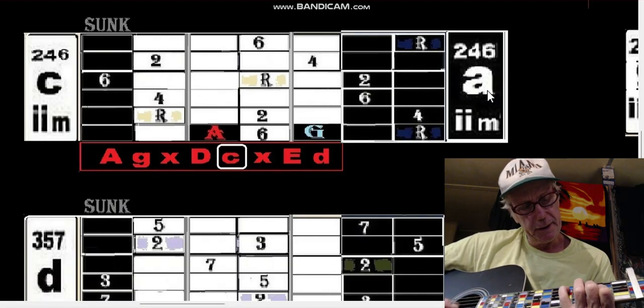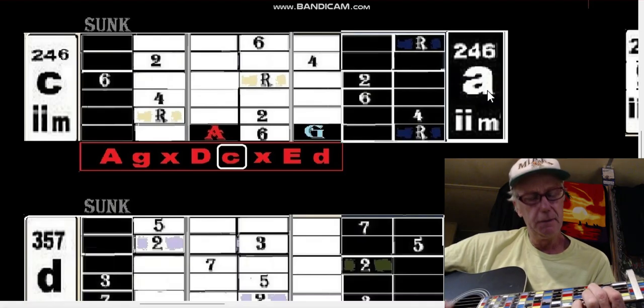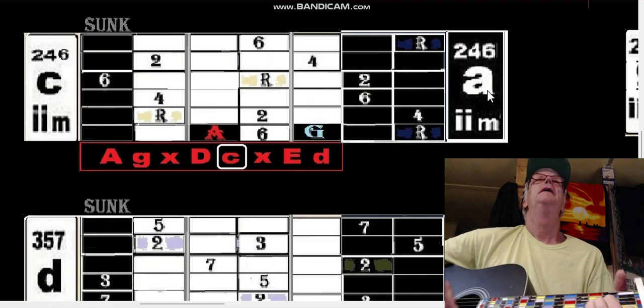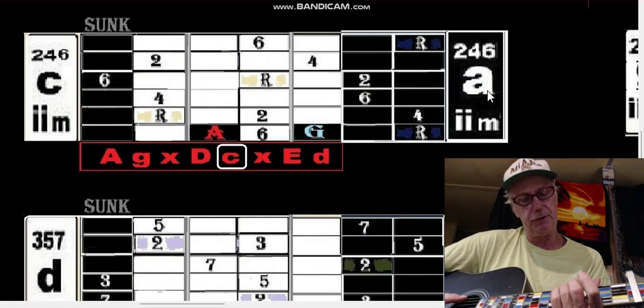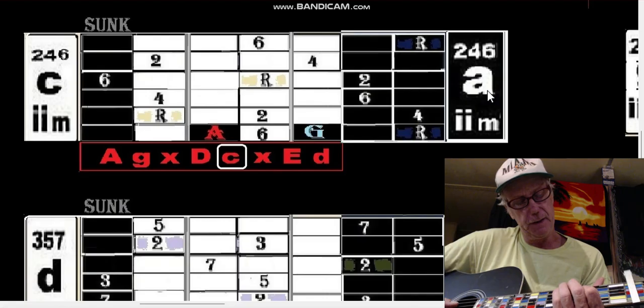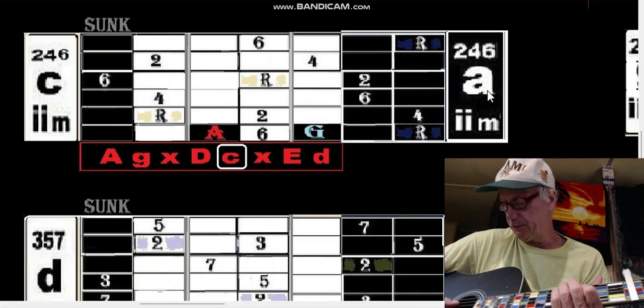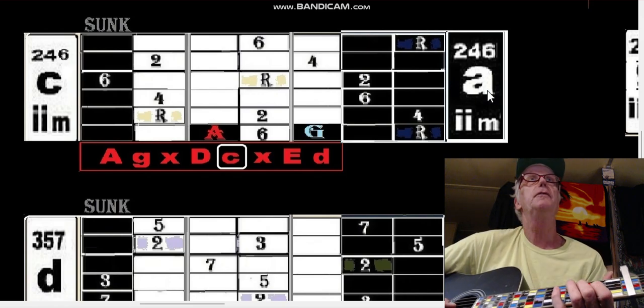Okay, or we can get these inversions. Now usually in the C shape we should have all inversions. So let's look at this. 6 2 4 starts second inversion. Then after second inversion we've got root. Then we have first inversion. We've got